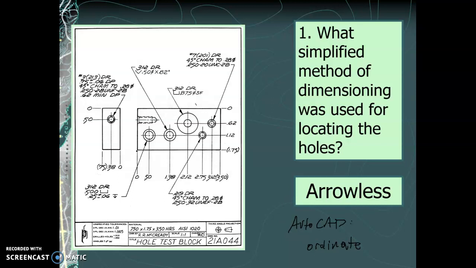There's a drawing in the AutoCAD textbook that is dimensioned this way, at least one. I think there are a couple that are dimensioned this way. So the way these ordinate dimensions work, or arrowless dimensions, as the blueprint reading book calls them, the bottom left corner of the drawing has the coordinates 0, 0. It's like the origin. And so what we do is we show along the horizontal x-axis all of these x coordinates, how far away from that lower left corner these different features are located. And then in the vertical direction, we have what their